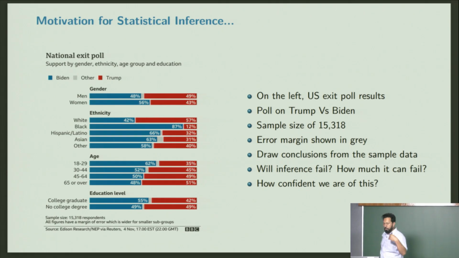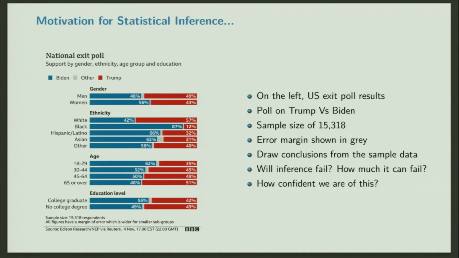If you go and build some more statistical ideas, then you have ideas about confidence interval and things like that. We will only do what is good for us for generative modeling. As I said, you have error, but then what are the conclusions you can make? Will your inference fail? If it fails, how much? How confident you are of your estimates, and so on.